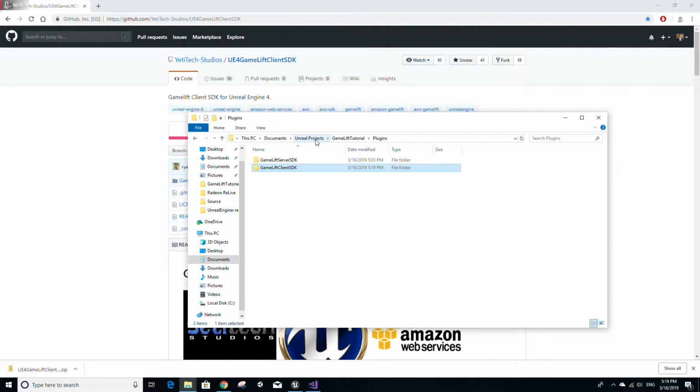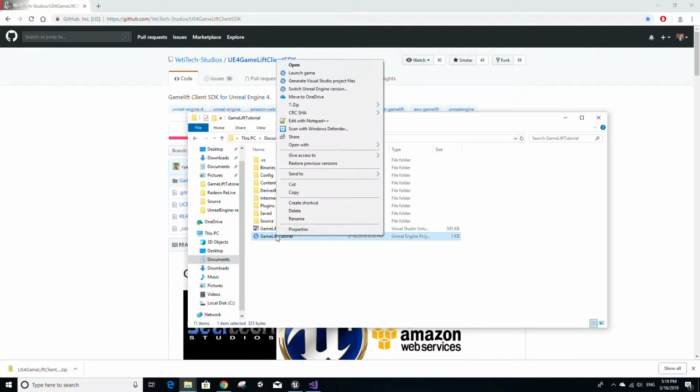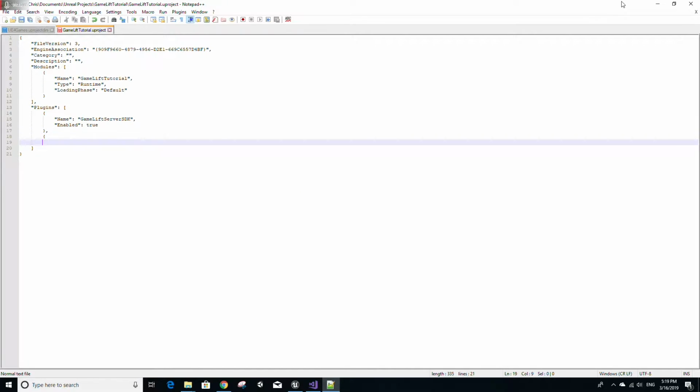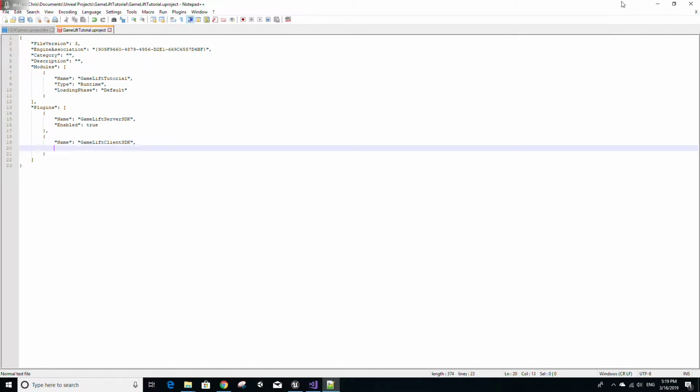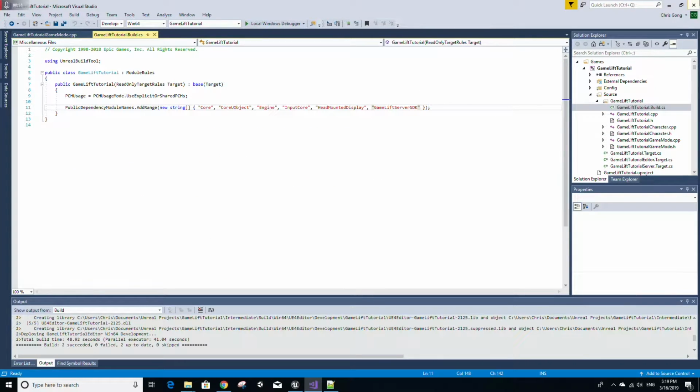We're gonna have to do something similar like before. We're going to have to go to our U project file, edit that. And now we have to add a new plugin. So pair of squiggly brackets, and the name is going to be now GameLift Client SDK, and enabled will be set to true. Save that, go to Visual Studio, and we have to go to our GameLift tutorial.build.cs class and add the GameLift Client SDK to our modules. So save that,